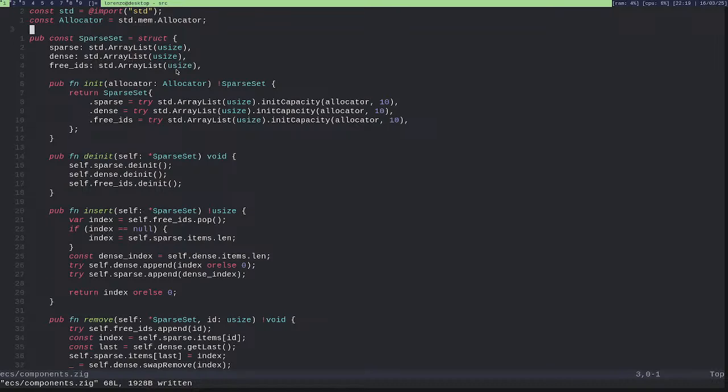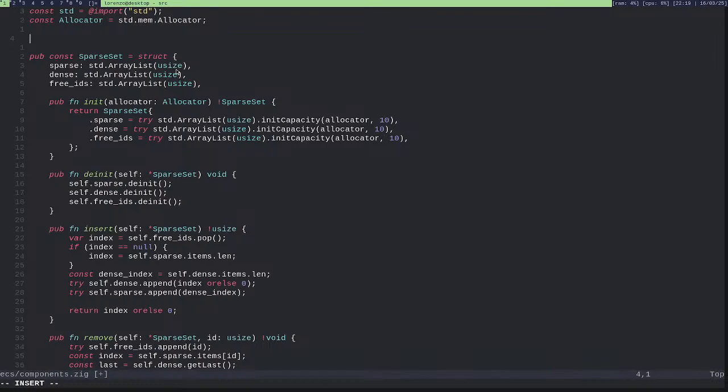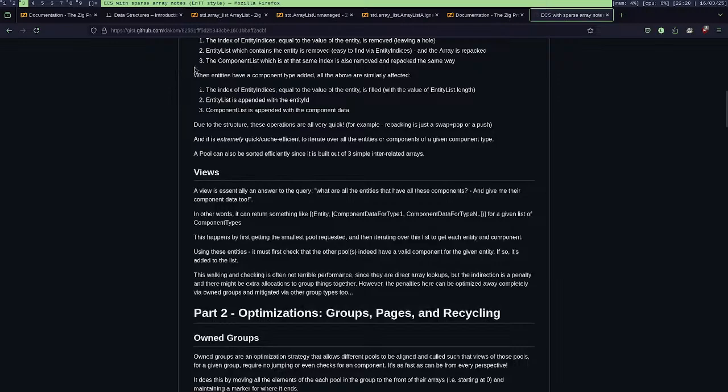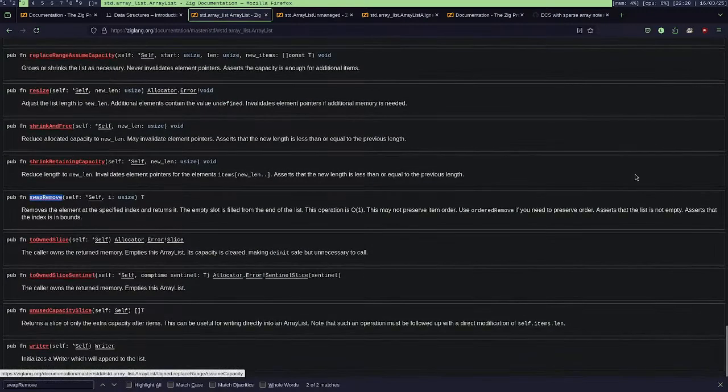So I want to have a component pool which will be a structure, so const pool, which will be a structure containing the sets, which will be a std hash map. What hash maps are there?